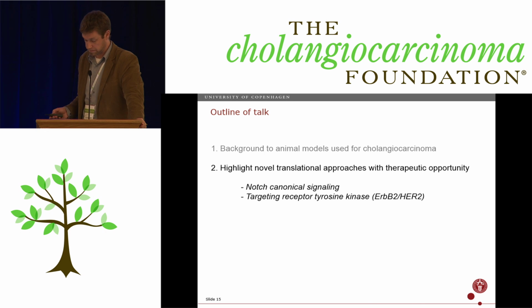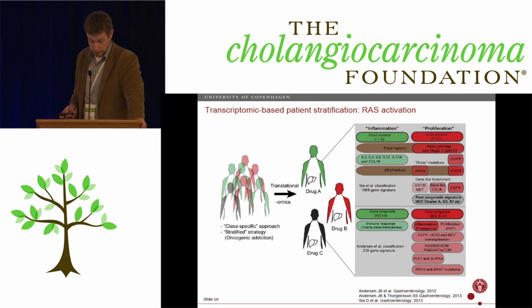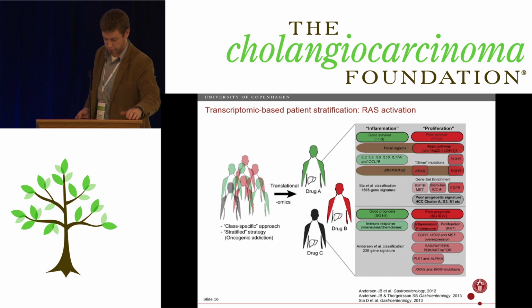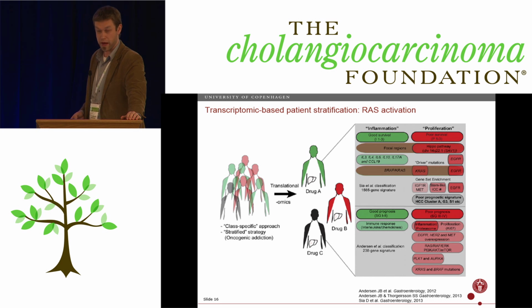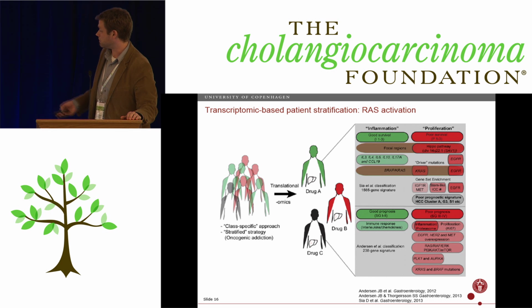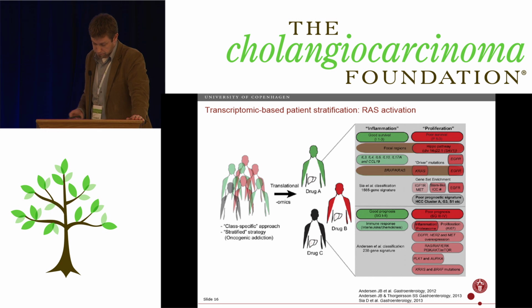That leads me to the second part, or the third part of the talk, targeting the receptor tyrosine kinases. That was actually devised quite a long time ago, as was mentioned earlier as well, all the way back to 2012-13, when we originally did the patient classification, followed by Daniel Assier's classification. And then we combined the two classifications, and overall we see a pretty good correlation between the two studies. And overall we see an overexpression of the ERB family, as well as the KRAS mutation being in the proliferation group, or the poor prognosis group of patients.